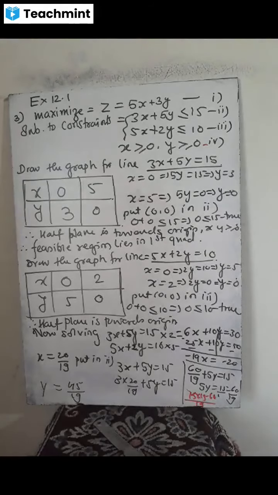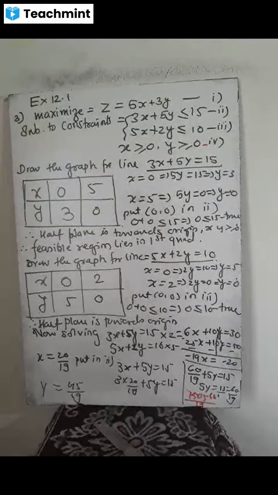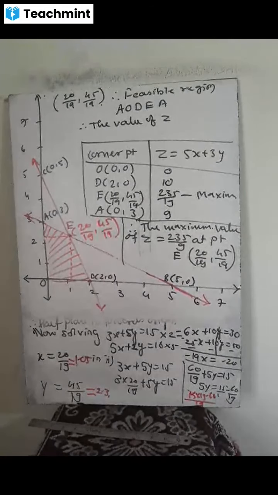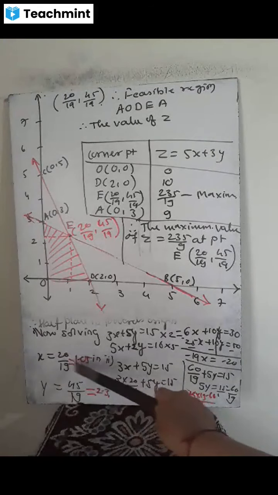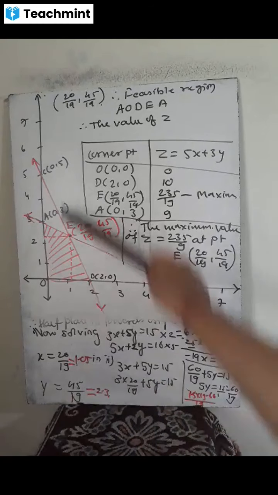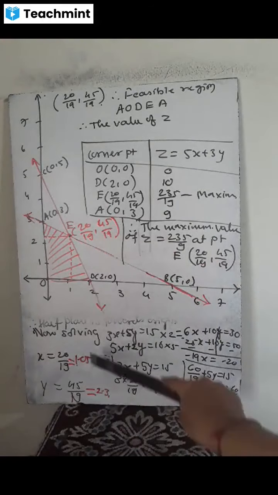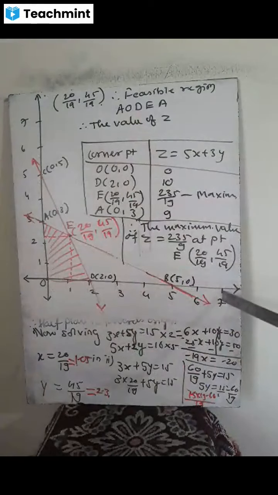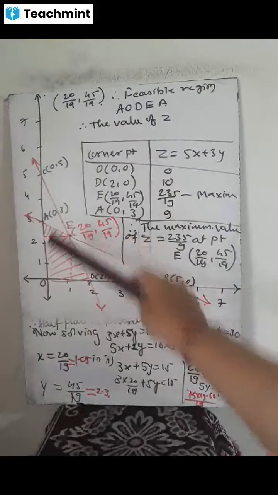Now we will draw the graph, and after drawing the graph we will make the conclusion. The point of intersection comes like this. So now, after getting the values of x and y, convert these into a point so that we can plot it in a proper way on the graph. After plotting, we got the two lines like this, and here E is the point of intersection.